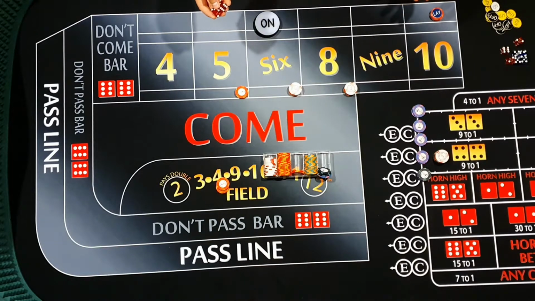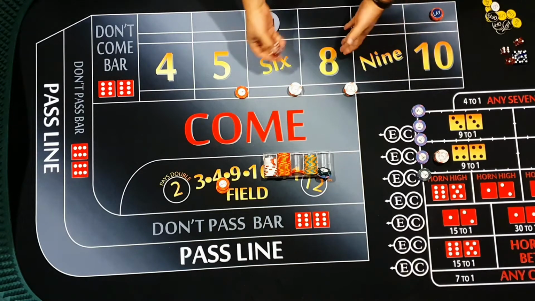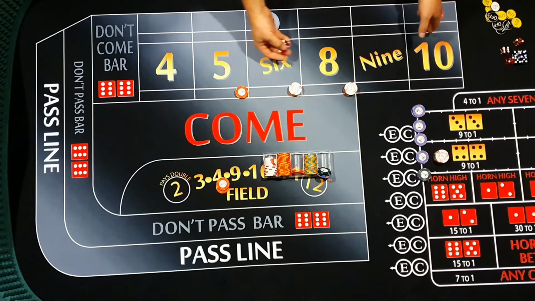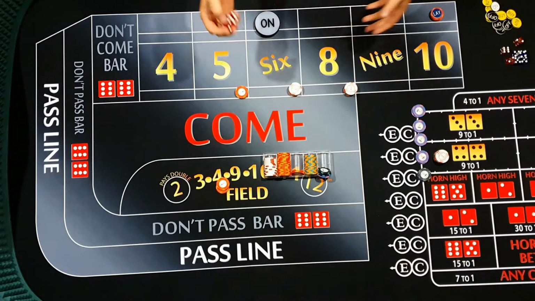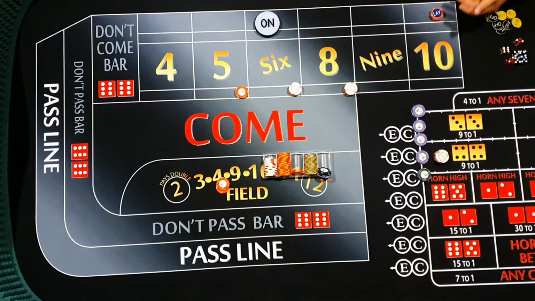Hopefully we'll get a hit. If we don't, we're going to be down a little bit because this is only going to pay 60, so it doesn't really cover all of our bet at all. So we don't want to roll a 7, but it's not catastrophic. That's why we've got the lay. We've got an 8, so